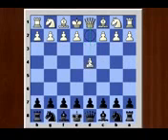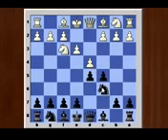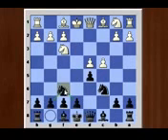d4, d5, knight f3, c5, e3, knight c6 and c4, c captures d4, e captures d4, knight f6,